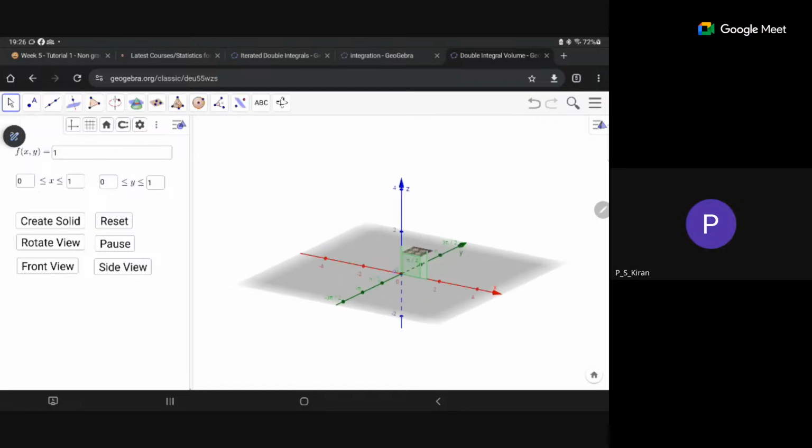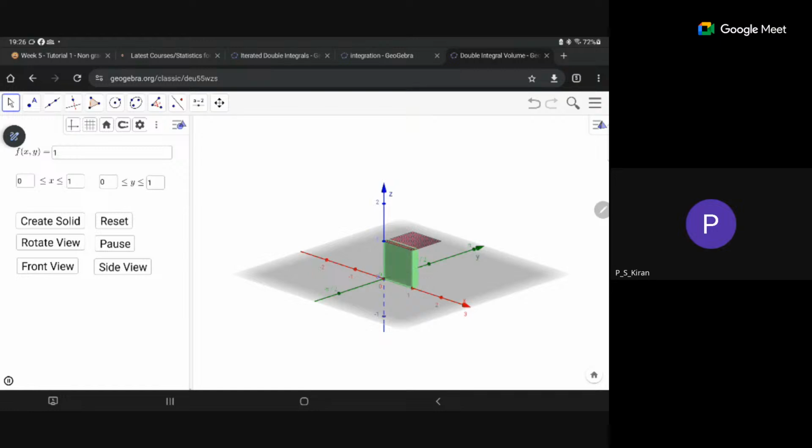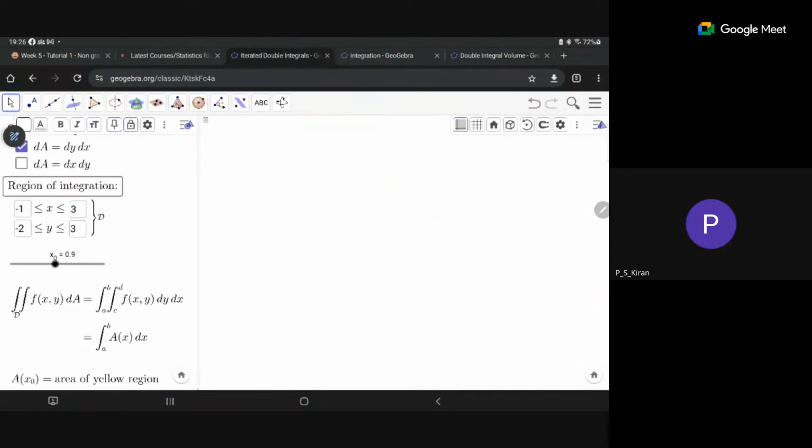So, ma'am, z-axis represents f of x, y, correct? So you can see clearly from this figure. So this whole volume that is being created, the solid, this is your f of x, y. Okay. While if you look at this,